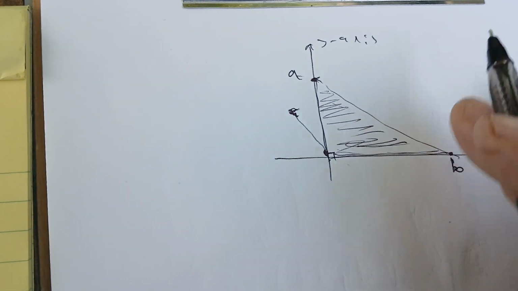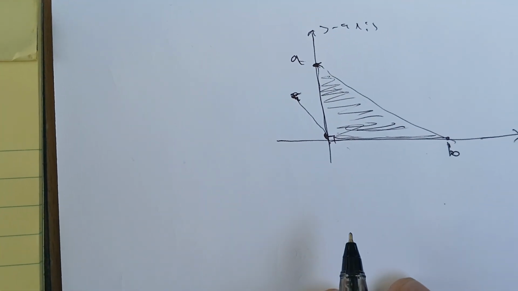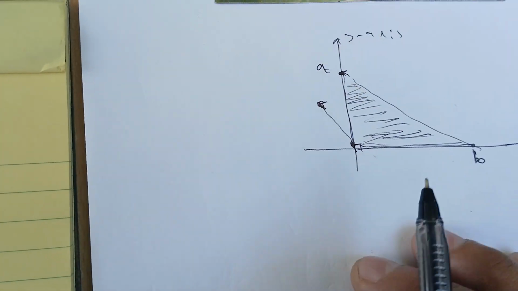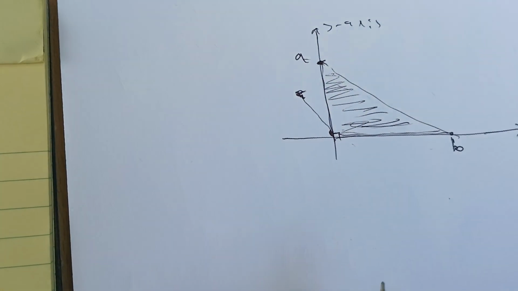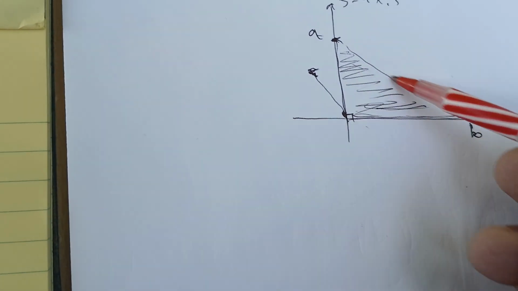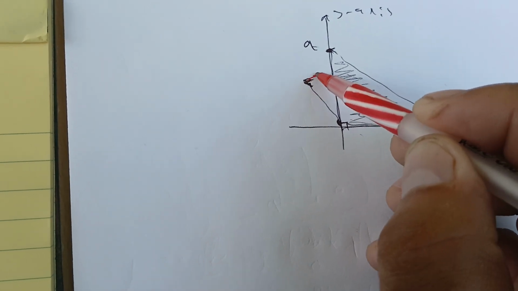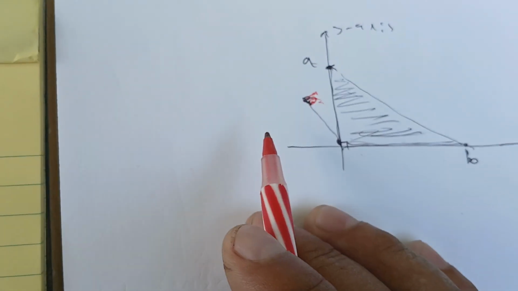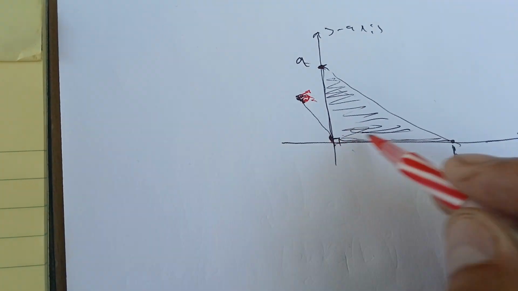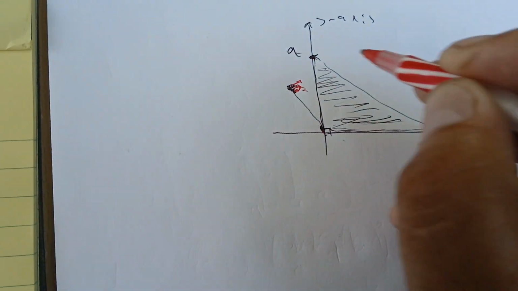We are trying to simplify the problem. We don't want to make it difficult. We just want to see how we can use calculus to solve some simple problems. So here, what's the area that's being lighted by this light? If we assume that this is our coordinate system, and this point is (B,0), and this point is (0,A),